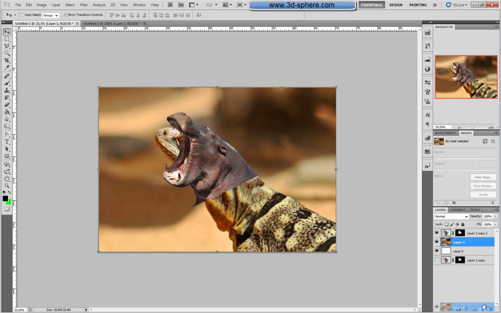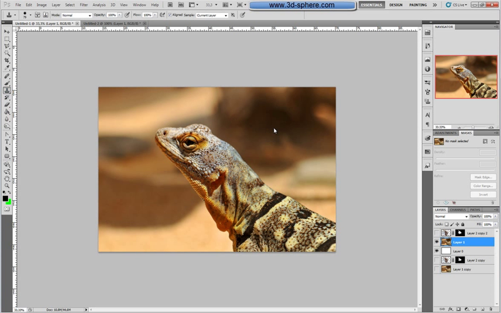So I will make also a copy of the lizard, just placing it down again. And now even with the head placed here, here's still the old head of the lizard we need to make disappear. So here is not so much, but here's a lot. So we can turn this off if you want, and using a clone brush, clone tool, we'll try to